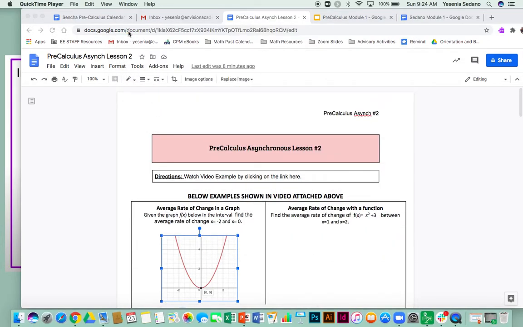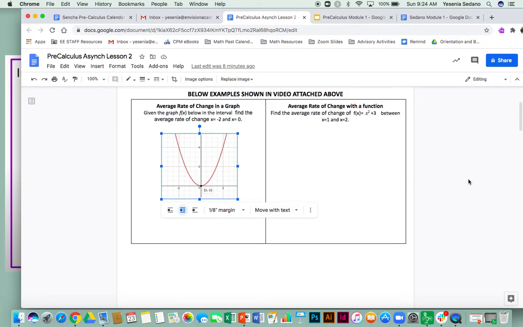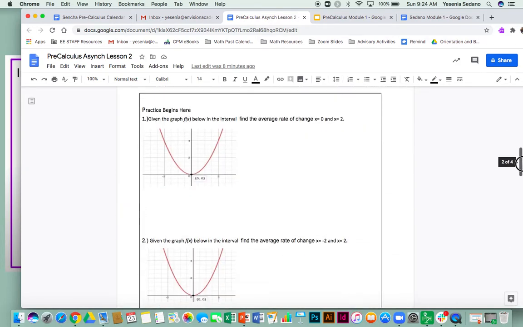So today we're going to go over how to start our asynchronous lesson number 2. What I'm going to be doing is going over these two as examples and then attaching the video for you. Then what I'd like you to do, after you watch the examples, is to go ahead and do these